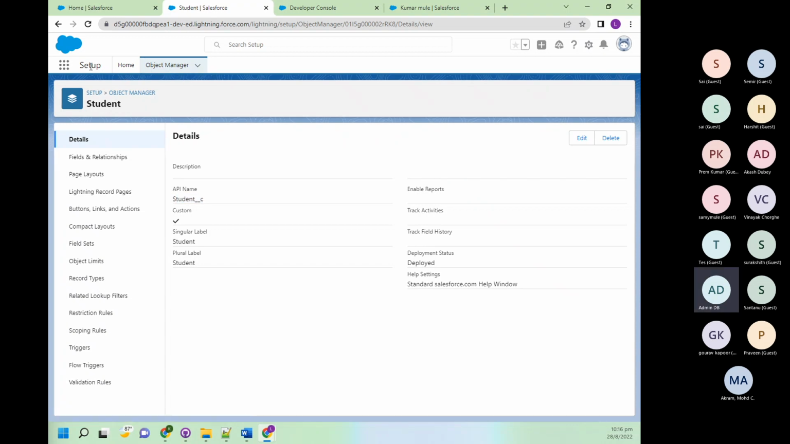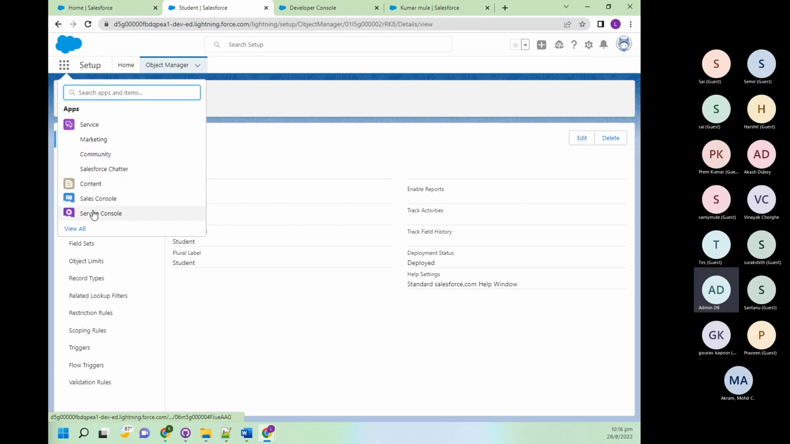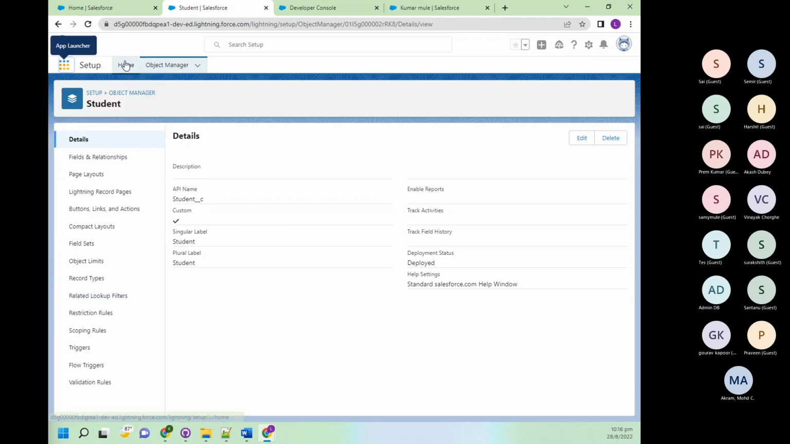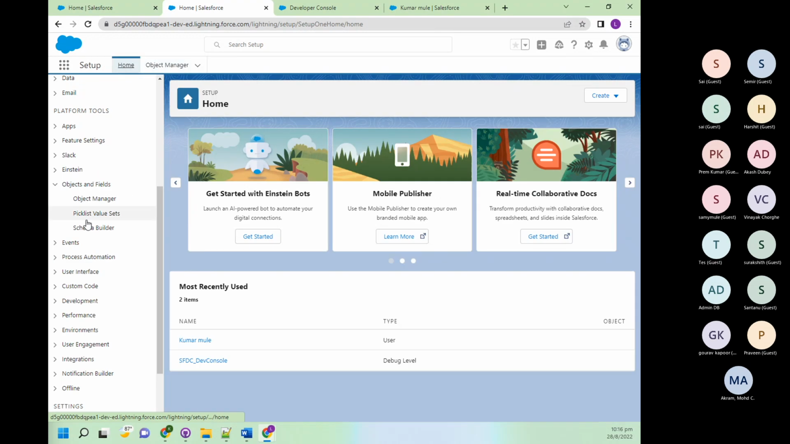So all this kind of capability we have inside Setup. Okay. In Setup, you have to go inside Object and Field, Object Manager, and you will be able to create custom objects here. Okay. Second, we will see